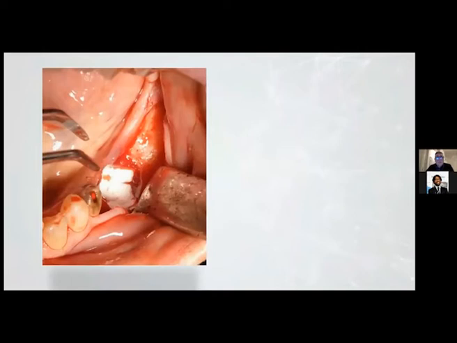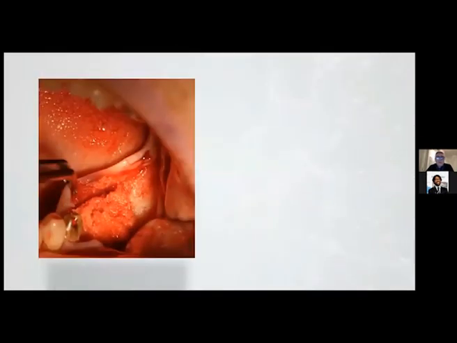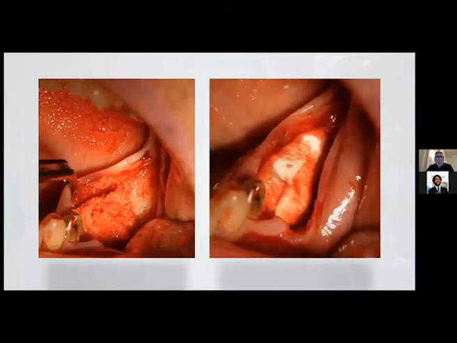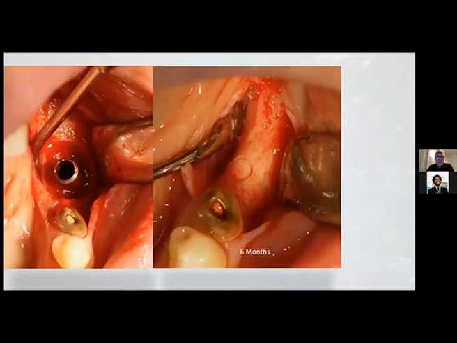And so we place a collagen membrane on the deep part. We insert the material from the tooth extracted on the other side, and we place a collagen membrane on top. We place a stitch, and this is after 6 months. I would like to focus your attention here, because there was a very big hole, and after 6 months it's impossible to understand where the hole was.